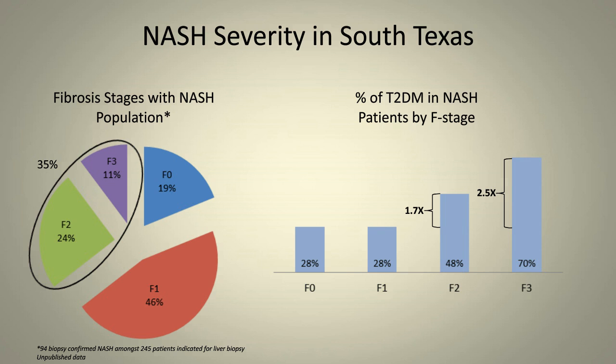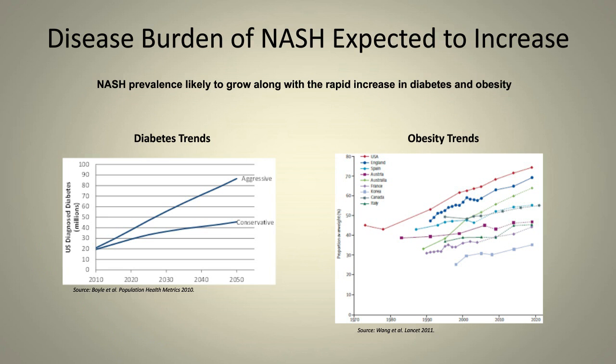Now, let's move on and talk about diabetes trends. We know that diabetes is continuing to increase in our population. And on the vertical axis, on the left-hand graph, you see U.S. diagnosed diabetes in millions of patients. In 2010, it's around 20 million. In 2020, it's projected to be conservatively 30 million. And then by 2030, almost 40 million. And that's a conservative estimate. Obviously, aggressive estimates are much higher.